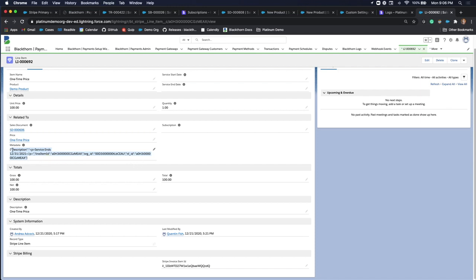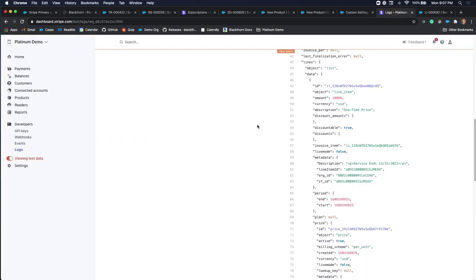And you can see description is my custom mapping from Salesforce. There's no great way to show you this because you can't see invoice line item metadata on the invoice line item in Stripe, but I can show you in the records that when I push this into Stripe as an invoice item, this description, which was a field that I mapped from Salesforce, got pushed